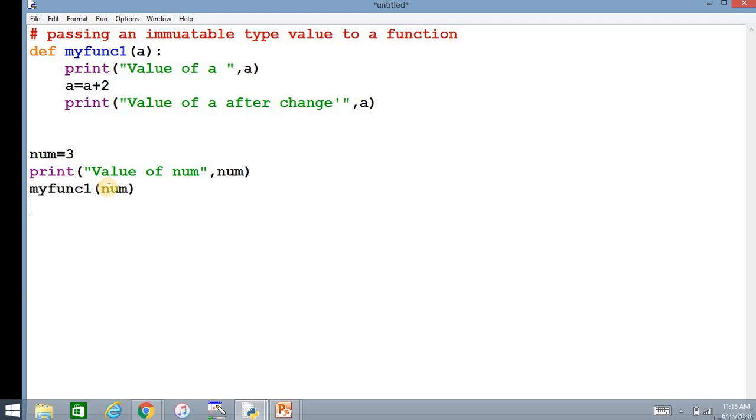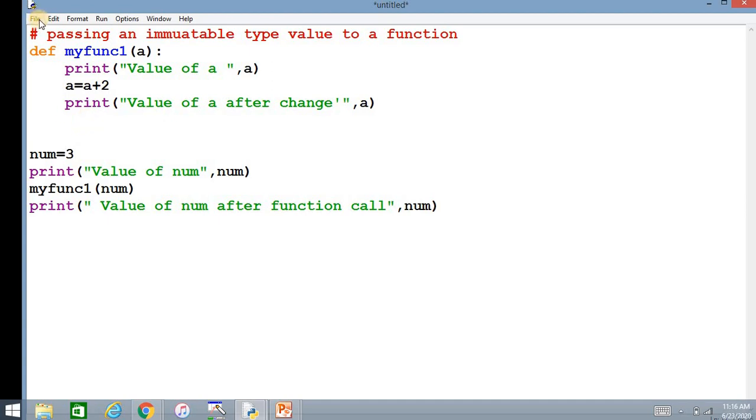After the num is being passed, then it will be coming back, isn't it? After coming back from my function 1, again I'm printing the value of num after function call. After function call it is num.